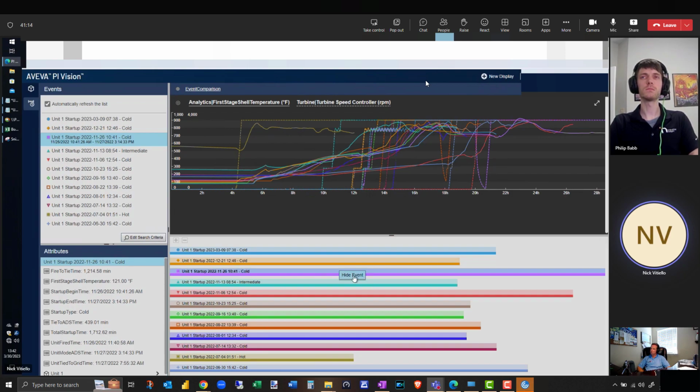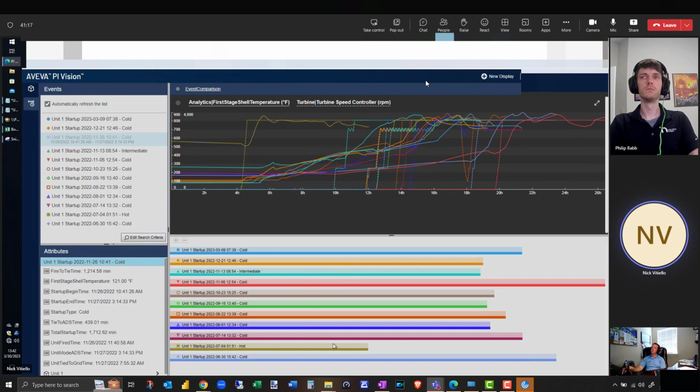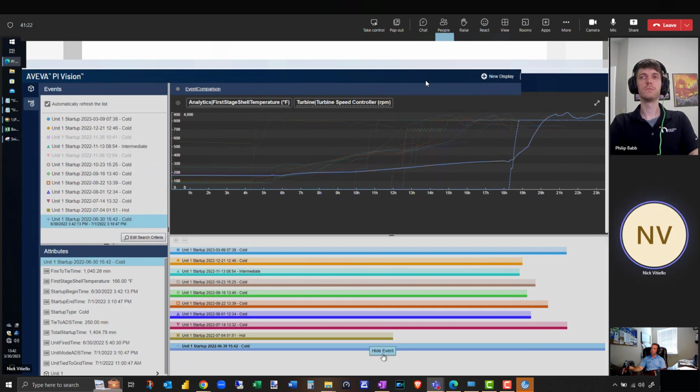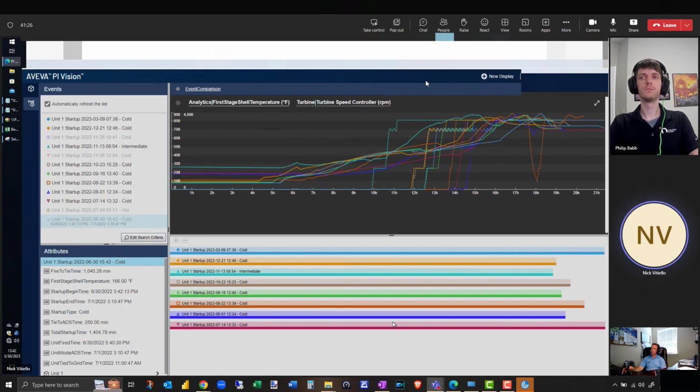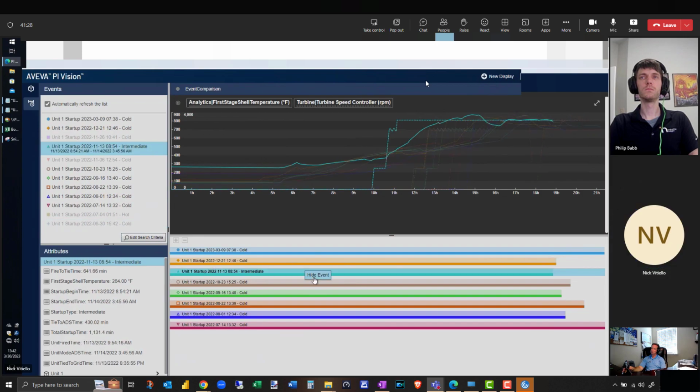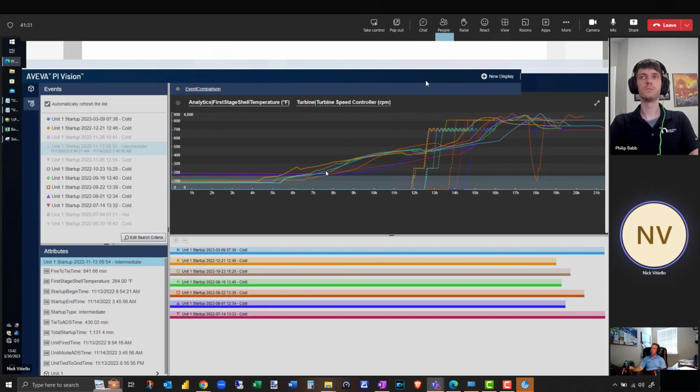It gets really useful when you start filtering out some of the more anomalous events and narrow it down to a tight window of relatively close startups with all the same shell temperature. And you start to see variations for when, for example, the generators were starting to heat. This 2 hour difference right here, there are some cases where there's a 2 hour difference. This helps you point that out. That's a significant amount of time in a startup window. So being able to explain why that's happening is